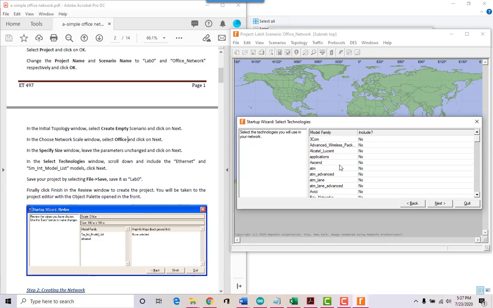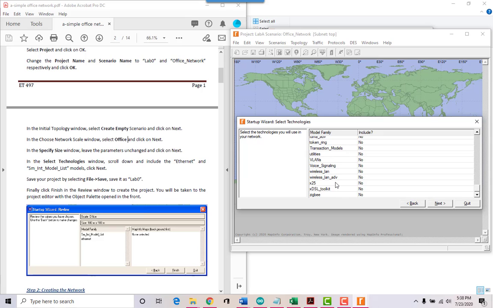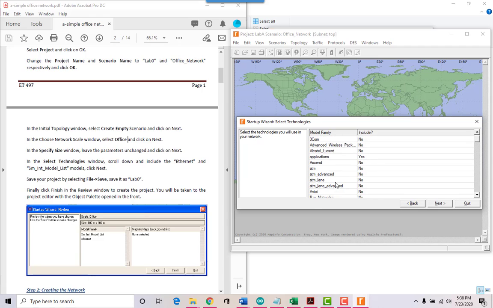So we just select Ethernet and SM. See if I find it here. It's going to be hiding. Let's see. Okay, SM-INT.